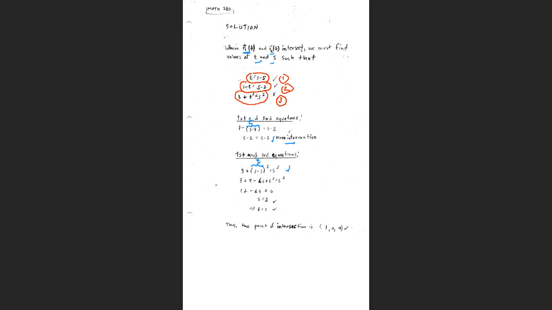So when you work this out, you end up getting s equals 2. Okay, and so since t equals 3 minus s, if t is 1, that means if s is 2,